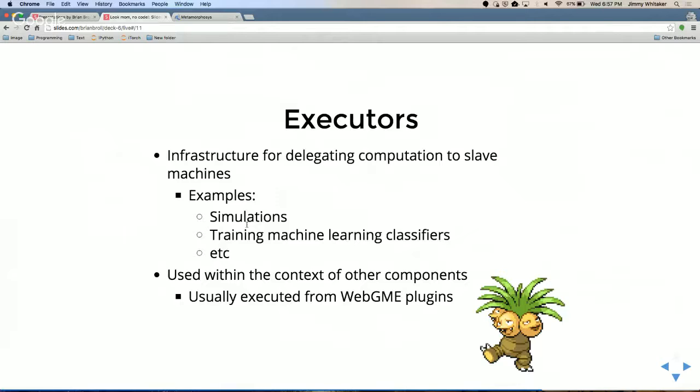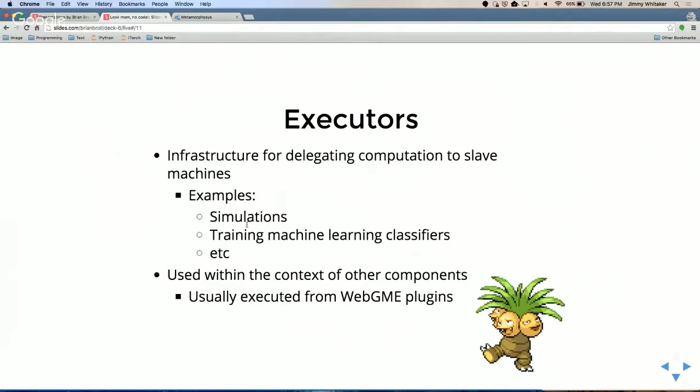Anyway, executors are an infrastructure for delegating computation to slave machines. Add-ons and plugins are both executed on the server or in the browser, which means you're working within the browser, and not everything you want to do works from within the browser. If you remember one of my earlier slides, I referenced things like Simulink and Mathematica. Executors give you access to running C code or getting access to GPUs if you really need to do some number crunching.